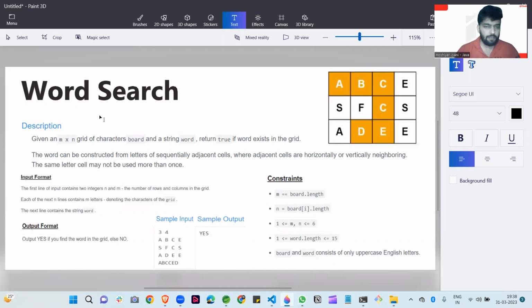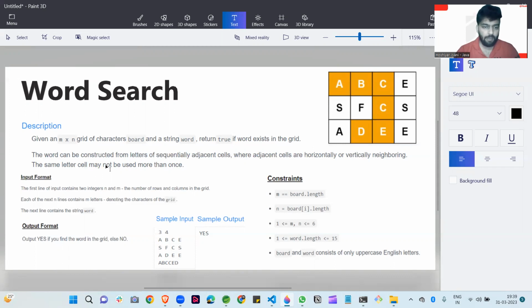So first of all, I read the description. Given an M into N matrix, this is a character type matrix, and a string word is also given in this question. If the word exists in the grid, then we simply print yes, otherwise we print no. The word can be constructed from letters of sequentially adjacent cells, where adjacent cells are horizontally or vertically neighboring.